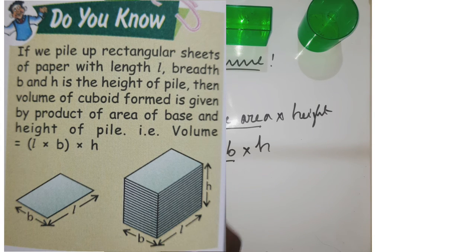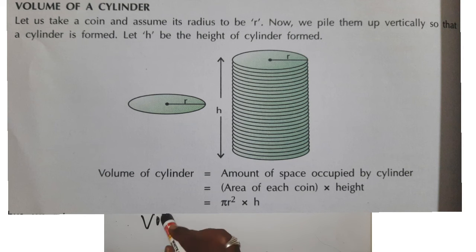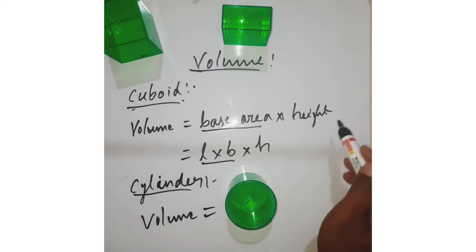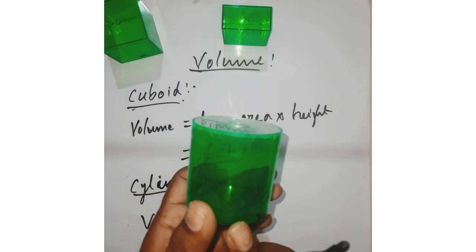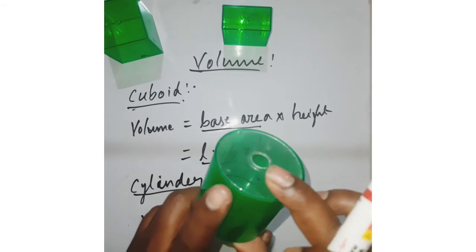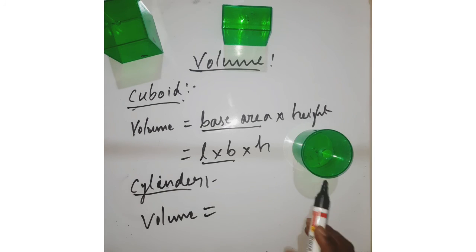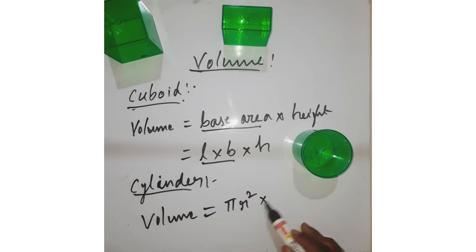And similarly, if we find the volume of a cylinder, here also the same concept will stand true. Here it is base area into height, because the base is circular and the same area up to some height is occupied. So we can say that the volume of a cylinder is base area into height, right? Here the base area is the area of a circle, which is pi r square, and the height is h. So that gives you the volume of a cylinder: pi r square h.